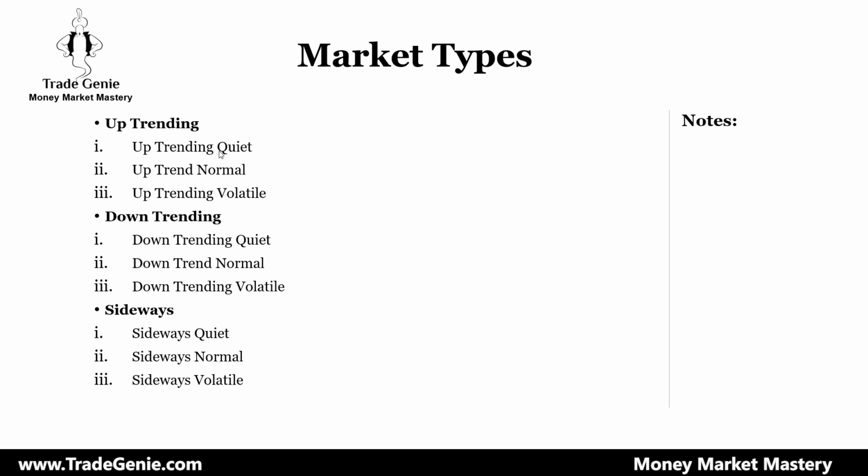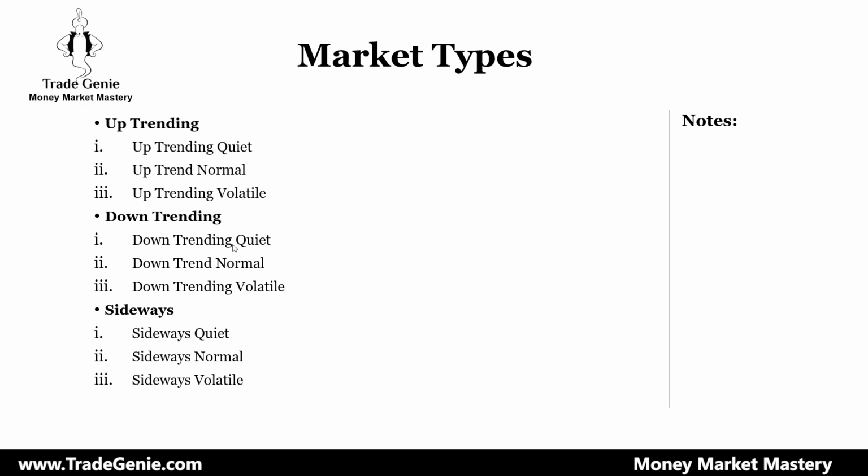Now the quiet. Below quiet is normal volatility. So if you measure the volatility based on normal parameters, it's normal. Before quiet, the market was normal, during the first week of November. I'll show you the table, and the uptrending volatile market doesn't happen much. When the market is uptrending, it is not volatile. It is either quietly moving up or moving up in a normal fashion.